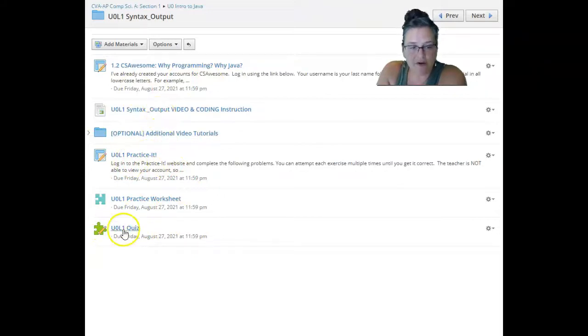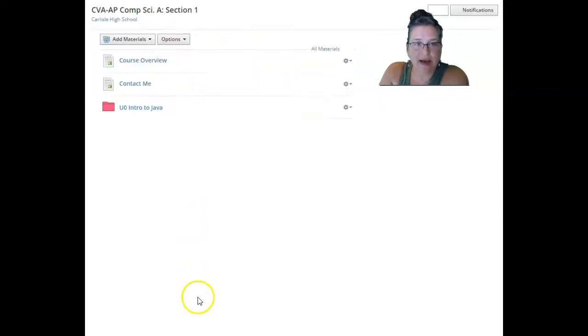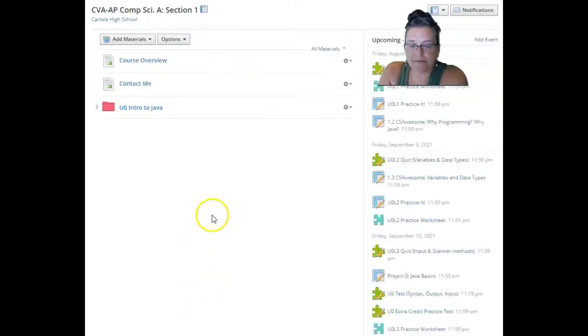Okay, after the unit overview, in this first unit, you'll have some initial tasks that you need to complete. This is downloading software that we'll be using this year, setting up your IDE, and getting some accounts set up with usernames and passwords online for things that we're going to be doing throughout the year. Then lessons are organized in separate folders. Lesson 1, when you click on that